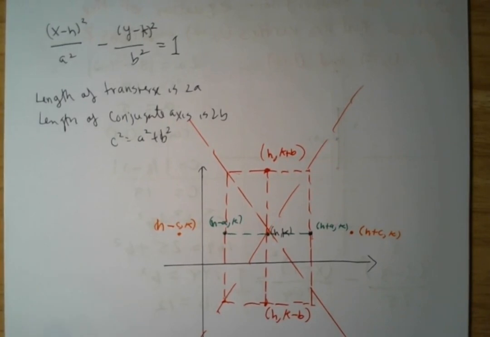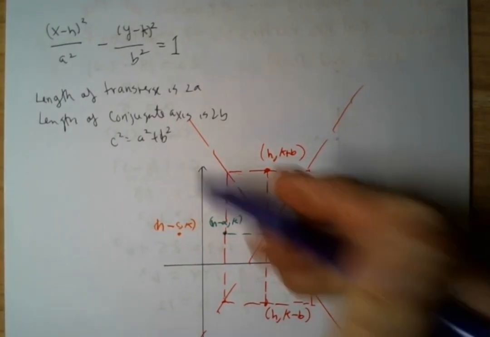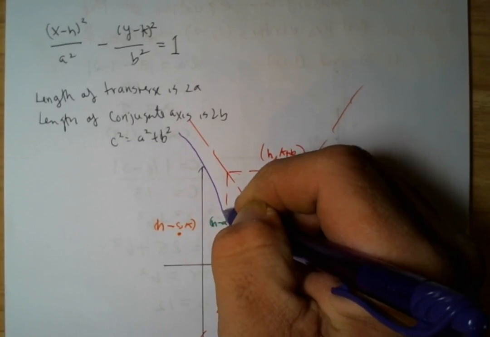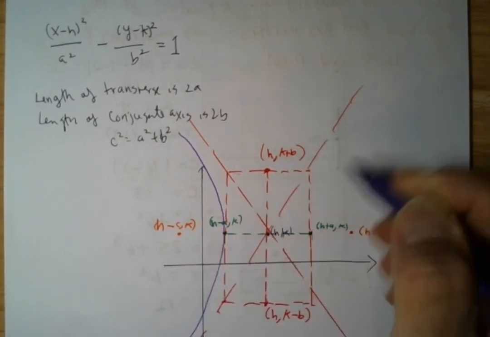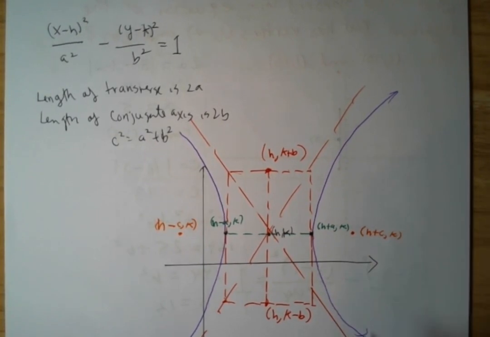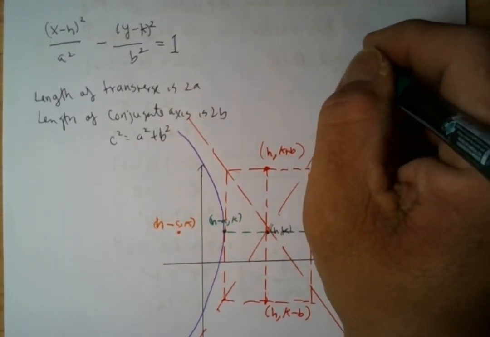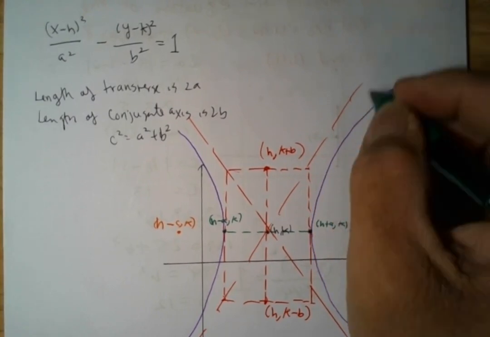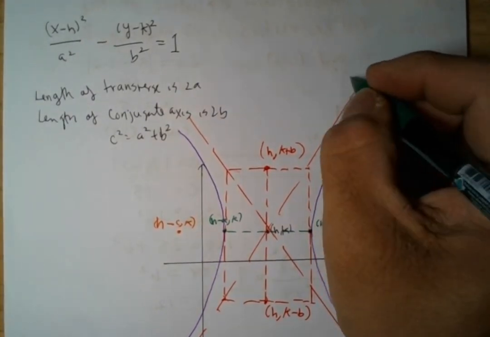And the asymptotes would be the diagonals. All right, and it opens horizontally, so the curve would actually be this right here. Now, as far as the equation of our asymptotes, the slope is going to be the same as if it was centered at the origin, change in y over change in x. So this one over here